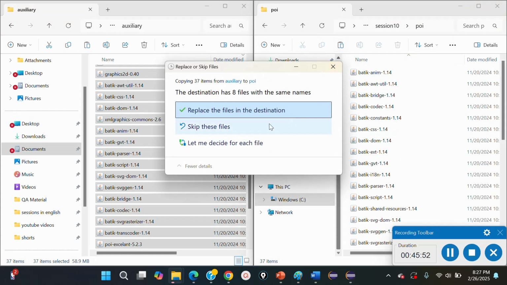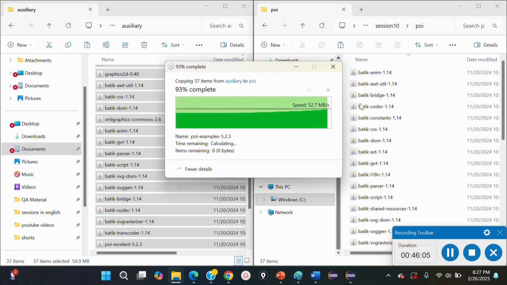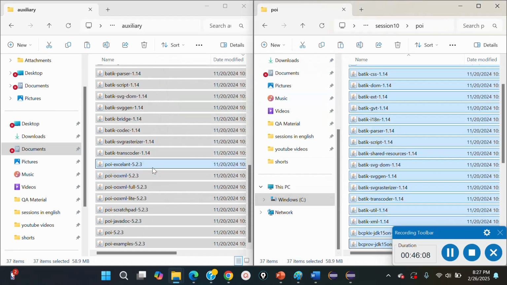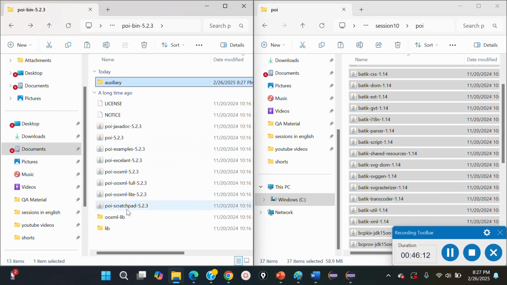The 8 files will be the same name. Really? 8 files will be the same name. This should not be. Okay. Let's say replace the files. Okay, maybe by mistake I copied it. No worries. Let's go back here, and now